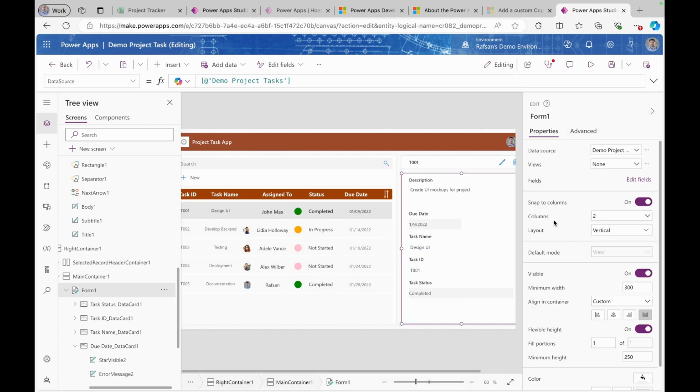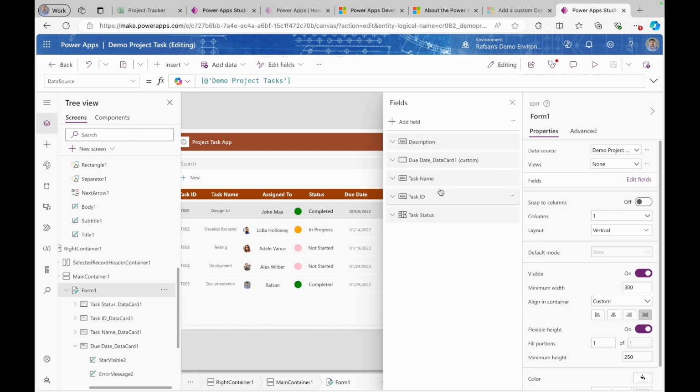here. The columns, right now we have two columns. I will make this one, and then snap to columns. I will turn this off. I will edit fields. For example, we typically have task ID comes first. I will rearrange this. Task ID, task name,